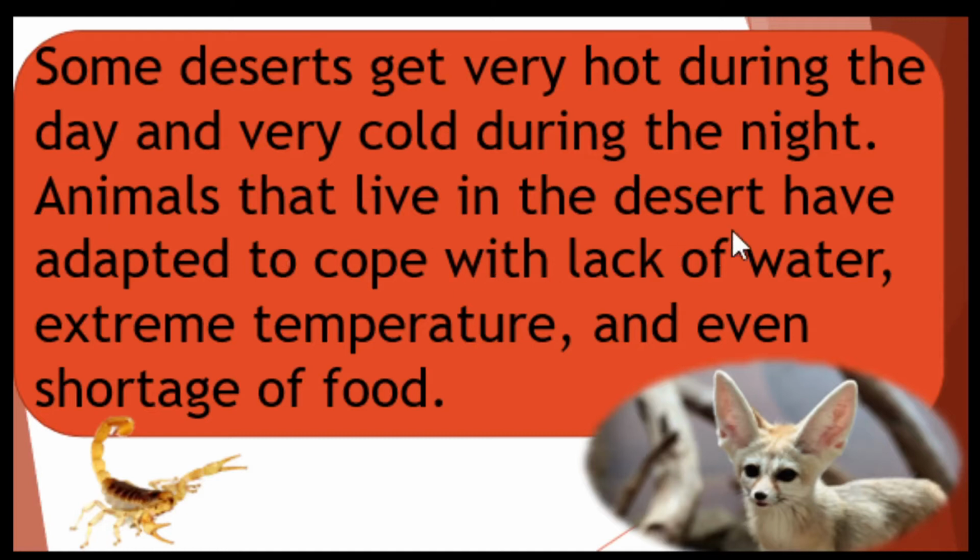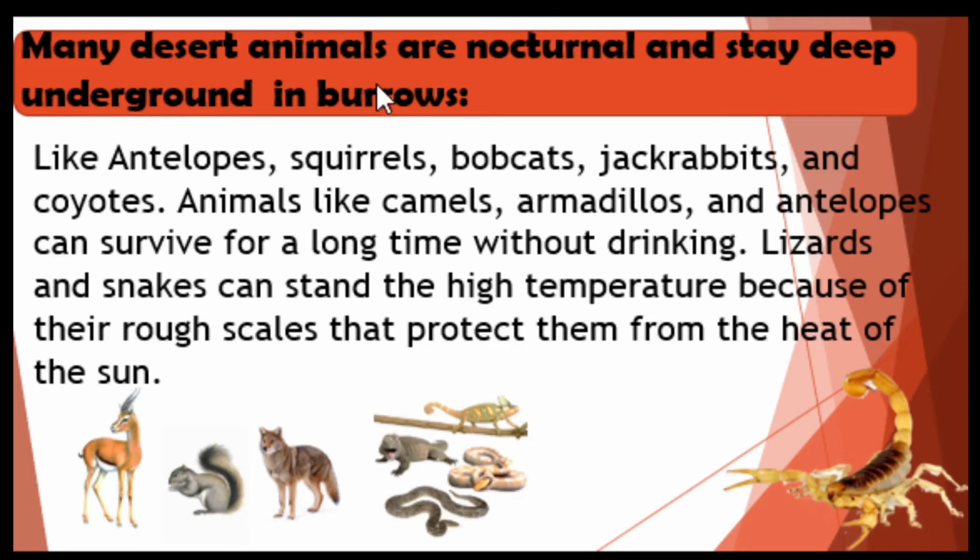Animals that live in the desert have adapted to cope with lack of water, extreme temperature, and even shortage of food. Many desert animals are nocturnal and stay deep underground in burrows, like antelopes, squirrels, bobcats, jackrabbits, and coyotes. Animals like camels, armadillos, and antelopes can survive for a long time without drinking. Lizards and snakes can stand the high temperature because of their rough scales that protect them from the heat of